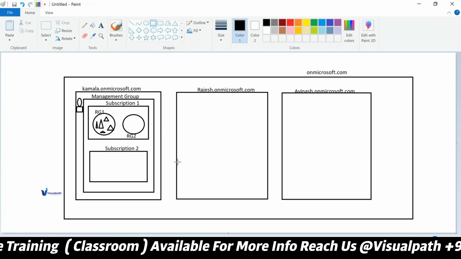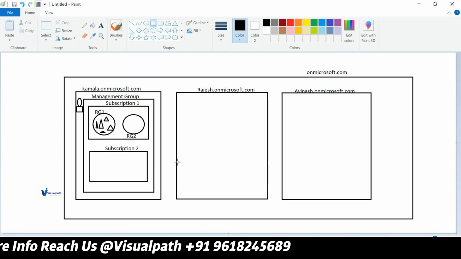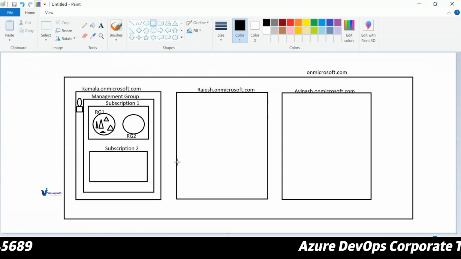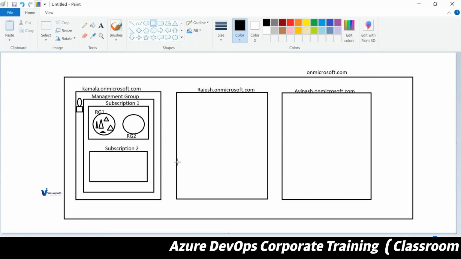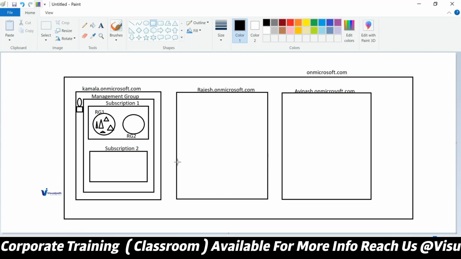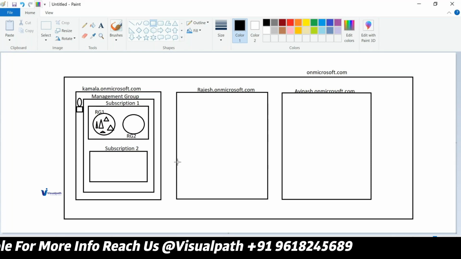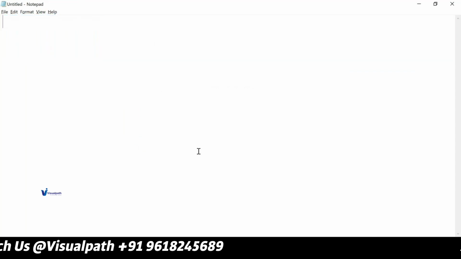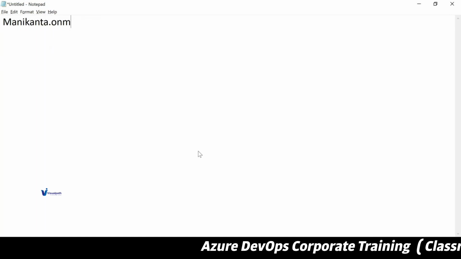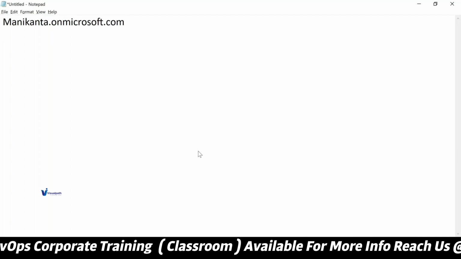Now I have a question. We have Azure Active Directory, and in that we have users, management groups, subscriptions, resource groups and resources. How exactly are we going to take benefit of the users and the resource hierarchy to implement a real-time project scenario? In real time, suppose I have an Azure directory called manikanta.onmicrosoft.com. In this I have a subscription called development subscription,